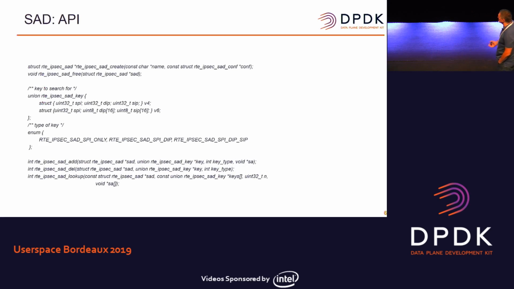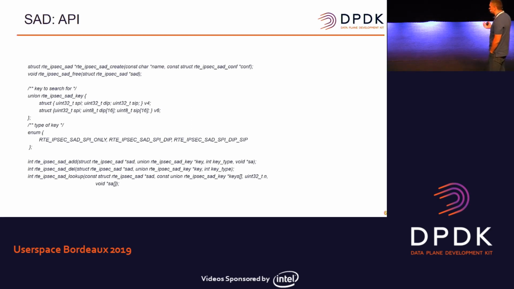It's pretty straightforward. First, you create your table, you provide parameters. One of the parameters is the usual socket ID, the number of entries in the table you want to have, also what type of keys you want to store inside the table, be it IPv6 or IPv4 addresses. And for each of these, I'll talk about it later probably, you can specify what number of entries you want to have. Let's say you